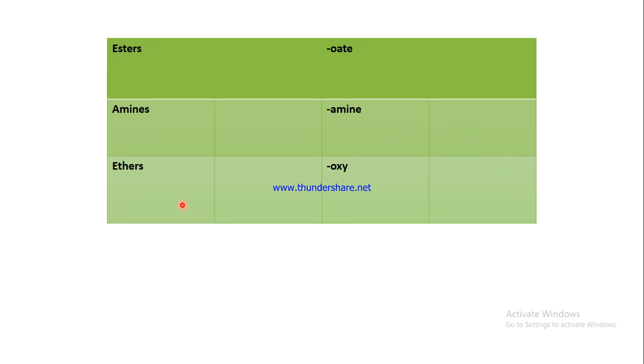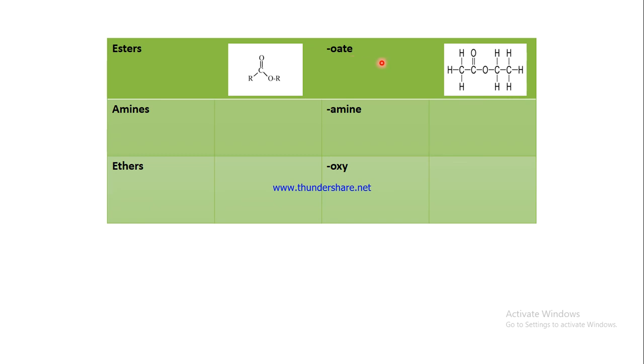Our next homologous series are our esters. Esters with an RCOOR. This compound is made by joining an alcohol and a carboxylic acid. And this first component comes from the alcohol, and this last component comes from the carboxylic acid, such that, as in our example, the compound that we have is ethyl ethanoate,